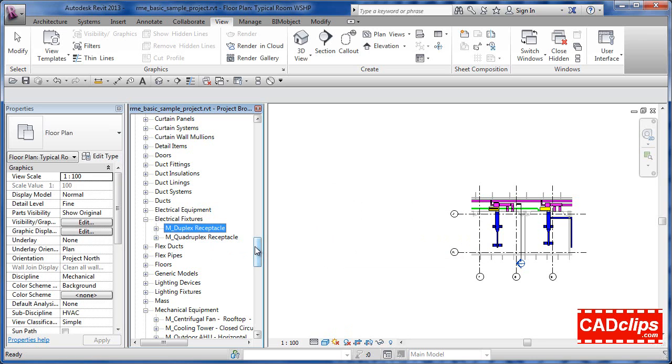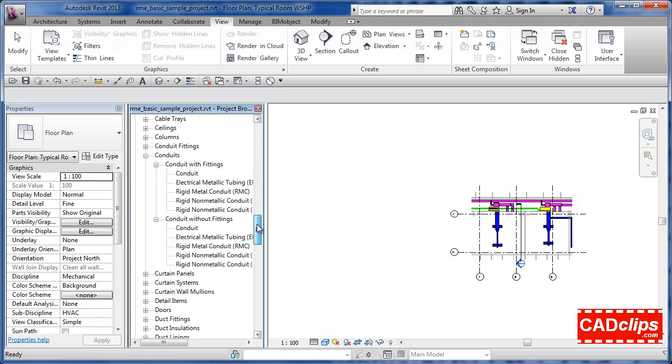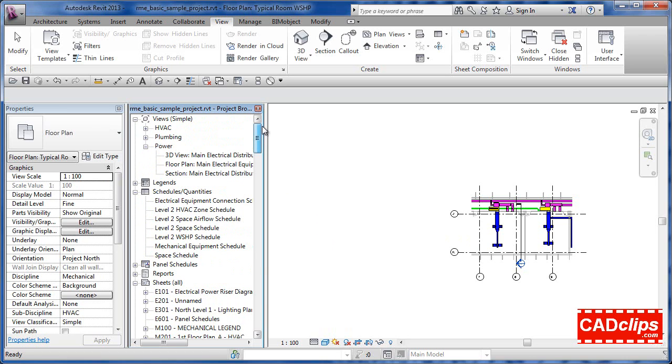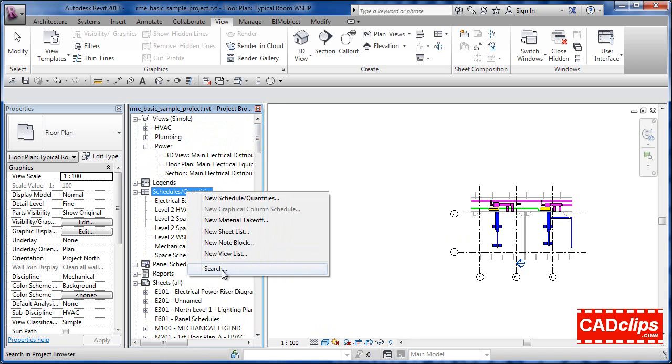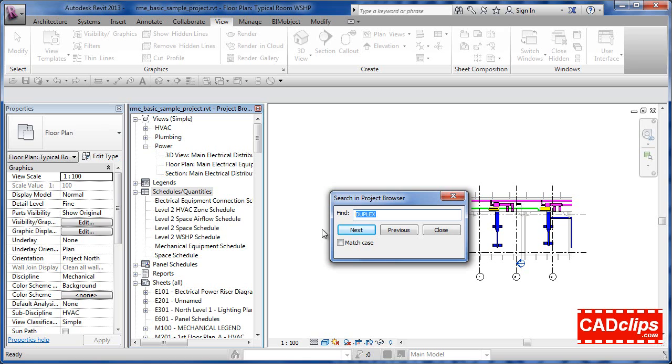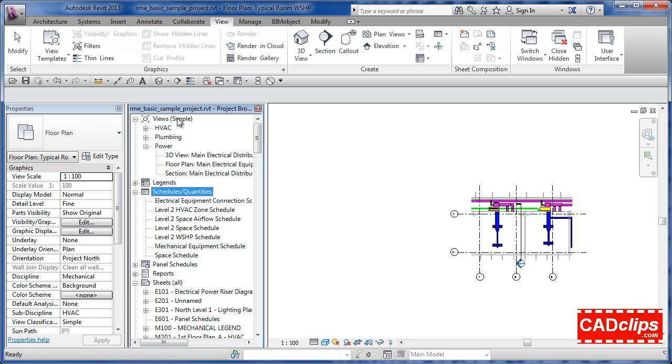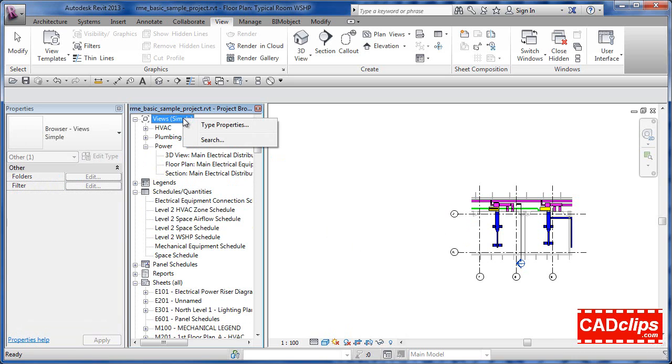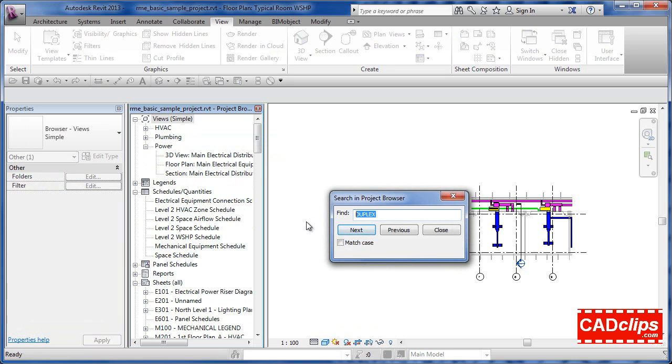So anytime you want to find a view or a family or something, you're not sure where it's stored, but you kind of know what the name of it is, go to the top. Actually, it doesn't matter where you go. You can right click and say search, and then you can search for a couple of characters and hit next and previous and work your way back and forth. So it's a really nice search tool when you want to search for a view, like one called level 2. So you right click and you go search, and you just type in